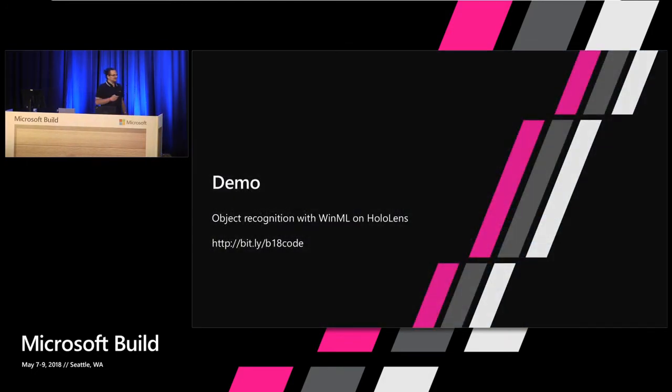So let's finally get to the demo. Typically, I would now take my HoloLens and put it on and show you what I'm doing. But the thing is, for my object recognition demo, I'm using the camera. So I cannot live stream at the same time to my computer when I'm already in my app using the camera. What I'm instead going to show you is a video of how that works, and then we're diving into the code. I'm showing you the most important code snippets, and you will get all the source code with the link on my GitHub page.